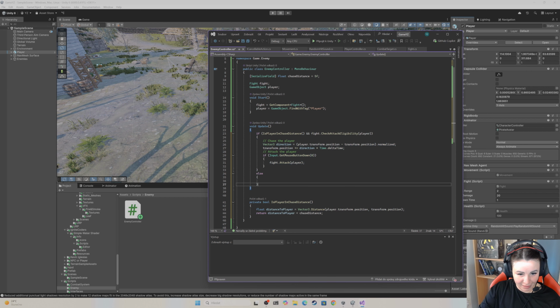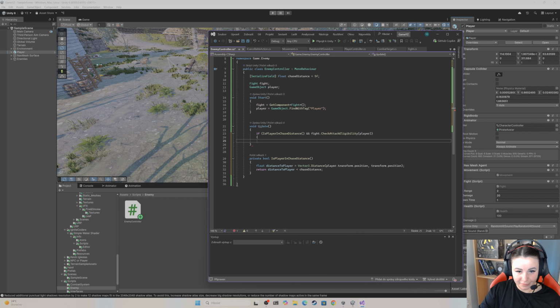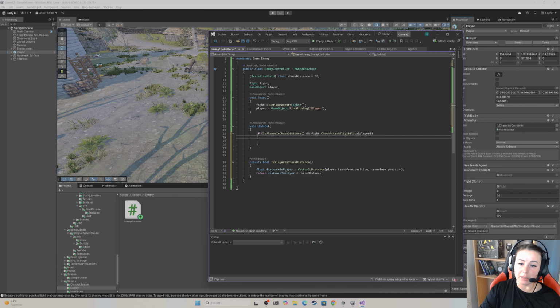I'll just use this autofill, which is not correct actually. So if this condition returns true, so if our player is in chase distance, and also we could attack our player if it's a valid target,